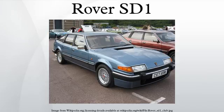Borrowing from technologies pioneered in the US and Australian markets, the new derivative was originally only available in the Vitesse model, but from 1984 onwards it was also offered in the luxury Vanden Plas range, badged as the Vanden Plas FE. To meet the demands of the luxury executive car market, where automatic transmission tended to be preferred, Rover first